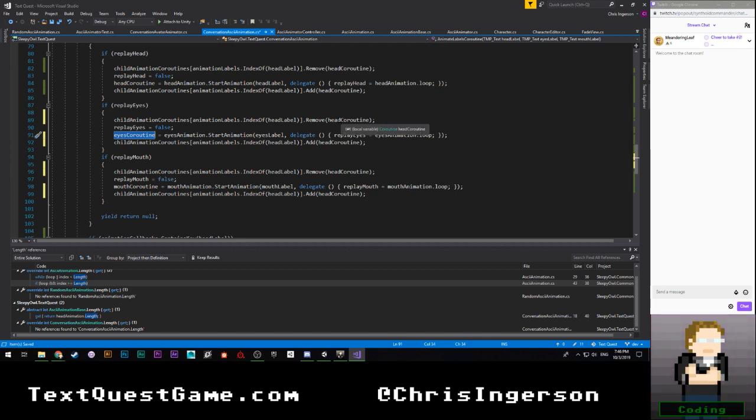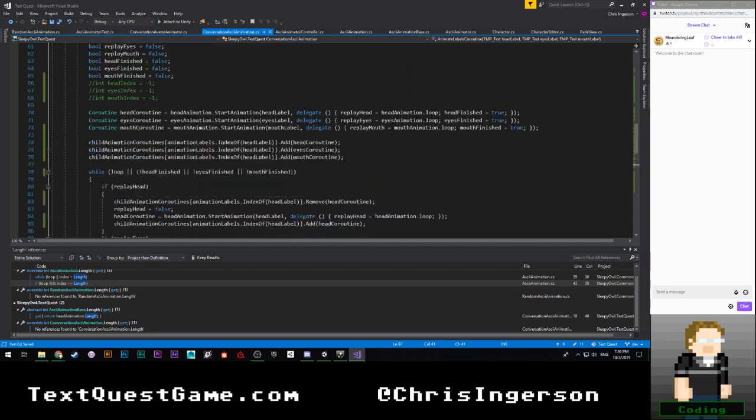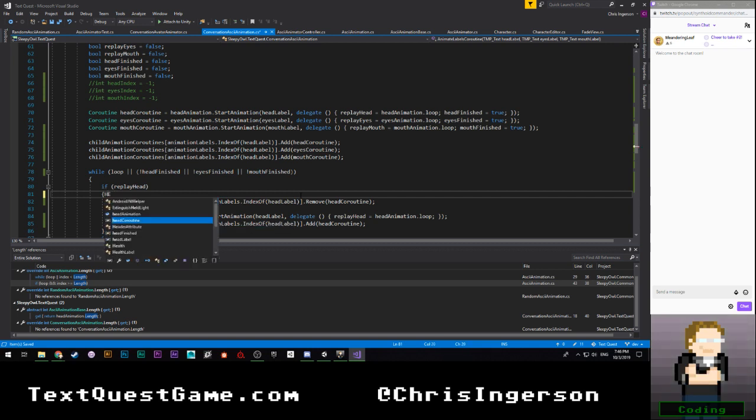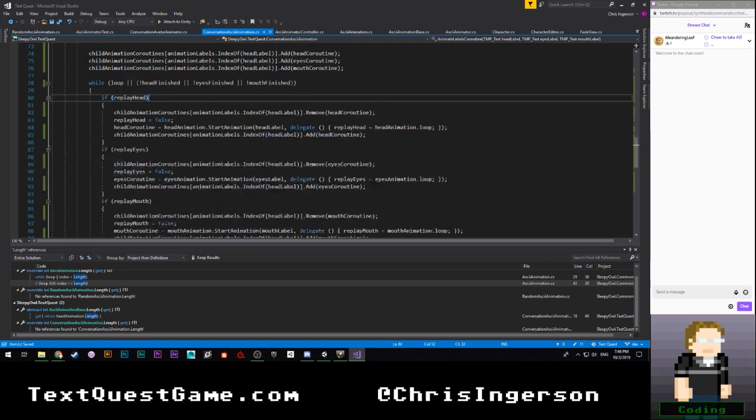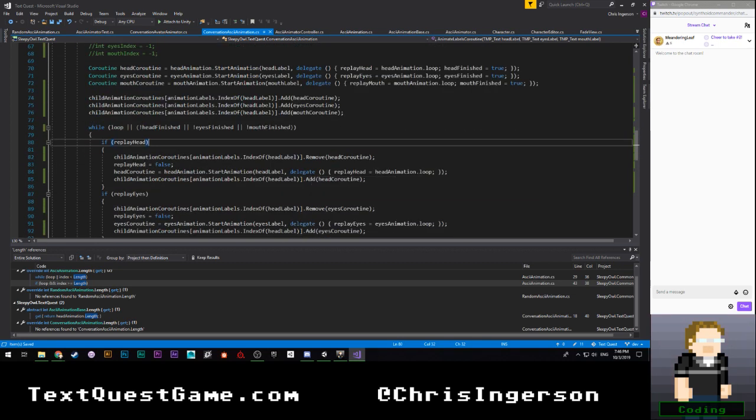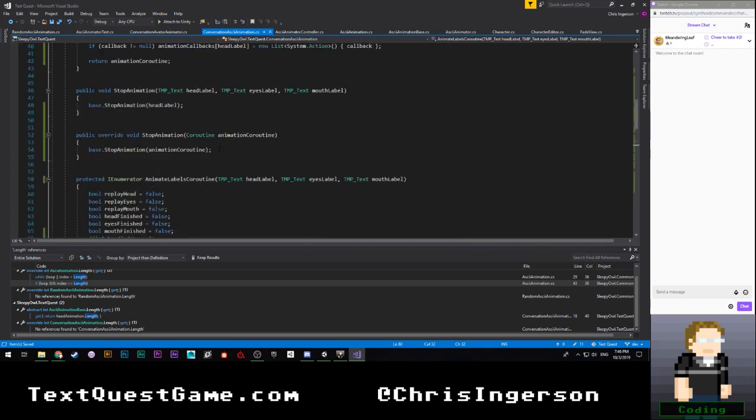Will that work? Yes, that will work, I believe. Okay. There is the chance that this is null, at which point my entire plan will crumble, but we'll see. Actually, just out of curiosity, I can't type head coroutine dot. Okay, so I could get a hash code. That's a little iffy though. Okay. So let's try that.